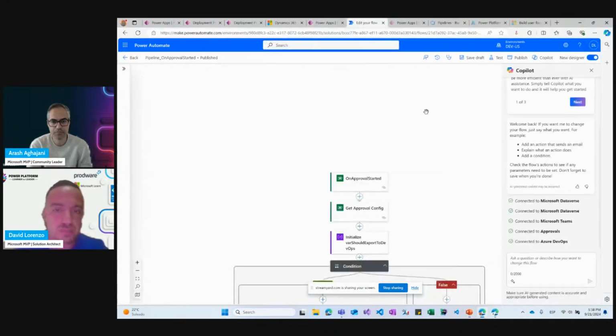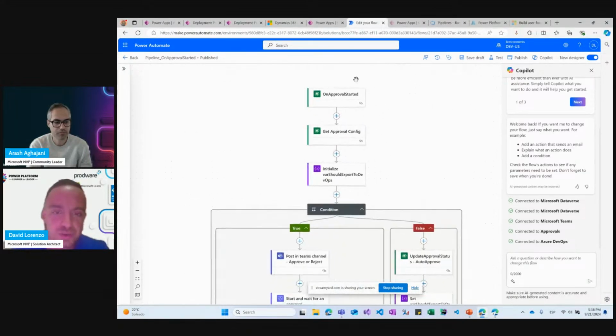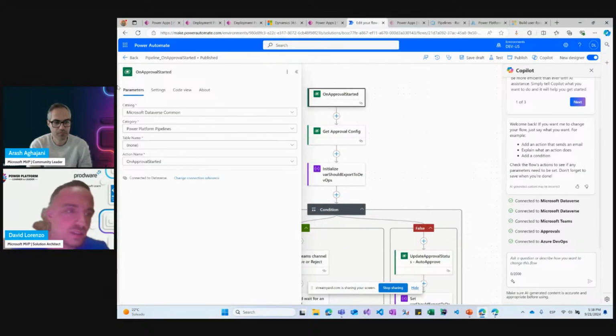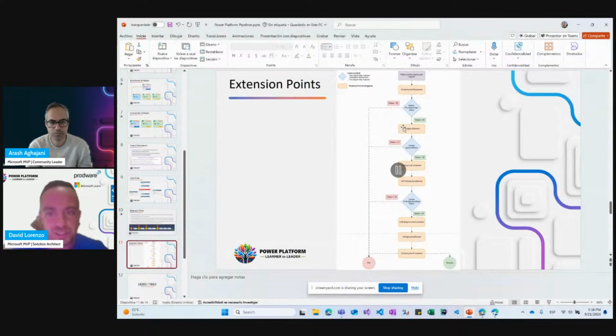In order to capture this event, we will create a trigger for Microsoft Dataverse Common Data Service. The category is Power Platform, and the action name is on approval started, which is this one here.